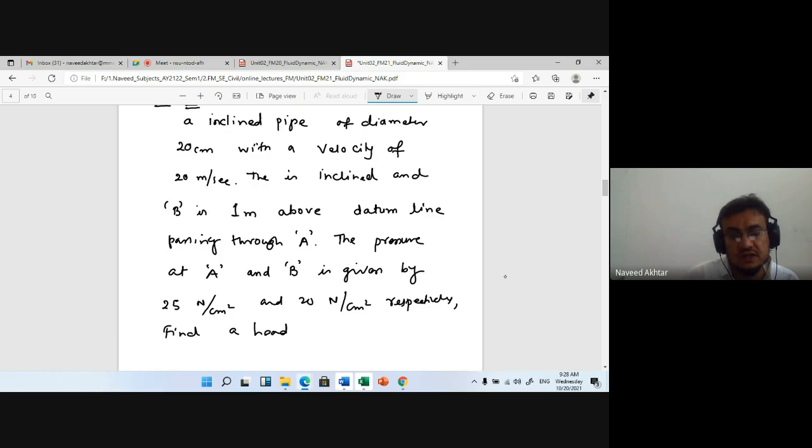Also, you have to find out the head loss between points A and B. Same type of example, but here